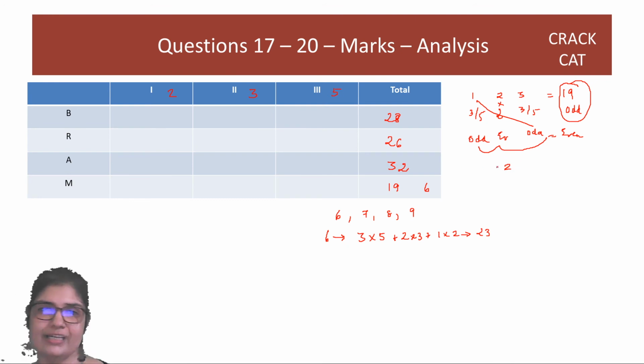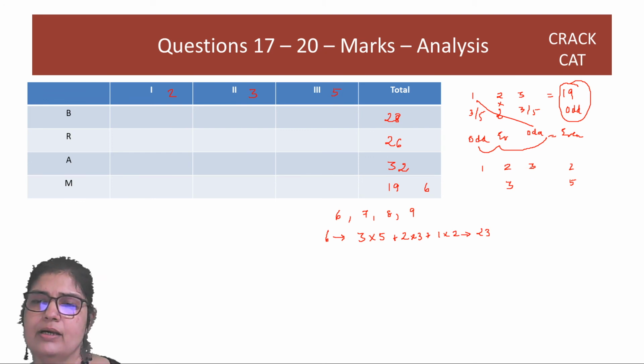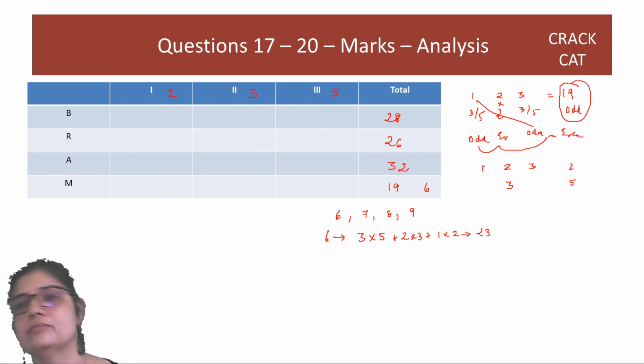Two questions attempted can only be attempted from 3 markers, okay? Or 2 questions can be attempted from 5 markers. If you attempt 2 questions from 2 markers, you will get an even sum. So if it is 3, right? Then with 1 and with 3, what is going to happen? Sorry, this is a 2 marker, then you have 3 marker.